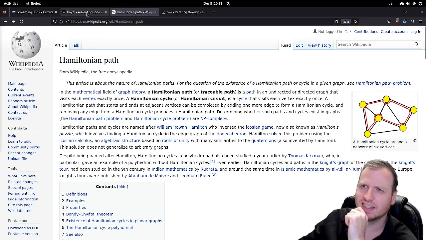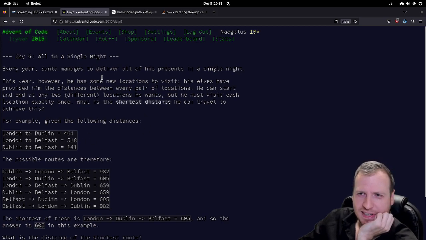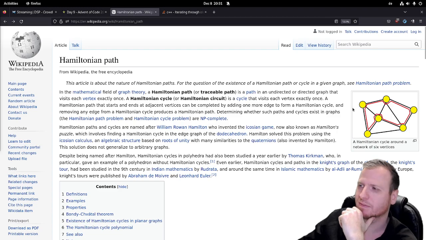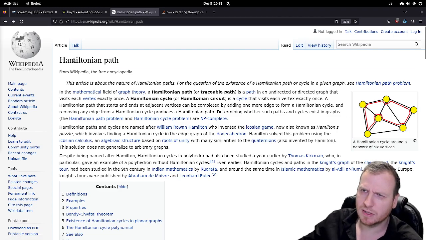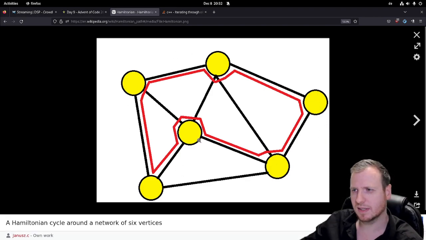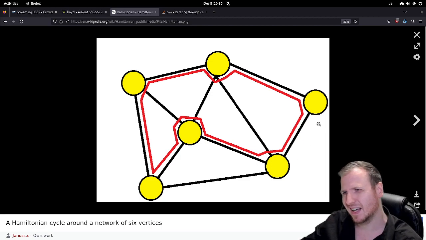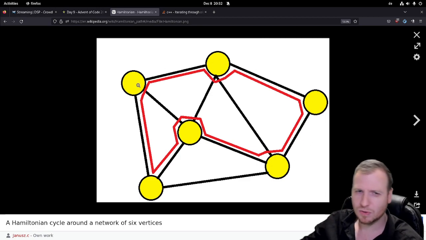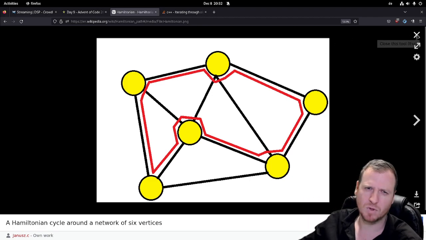That's completely right, yeah. In day 9 we have this list and we have to make a Hamiltonian path. I don't know if you know graph theory, but if you have nodes that are connected to each other, you can represent them with a graph. And a Hamiltonian path is the node equivalent, a little bit like the Euler path,